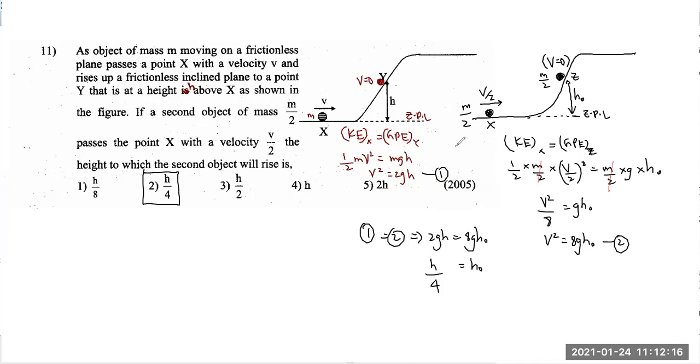The majority of kids who will make a mistake is this part, where you forget to put m by 2 here. Since we say the potential energy is always mgh, by mistake you might substitute mgh instead of m by 2. You have to be careful here. If you substitute m and m here, then you are on the safe side, because anyway it's going to get cancelled out. But if you substitute differently, then you might be in a bit of trouble. So you have to be a little careful. So the answer is the second.